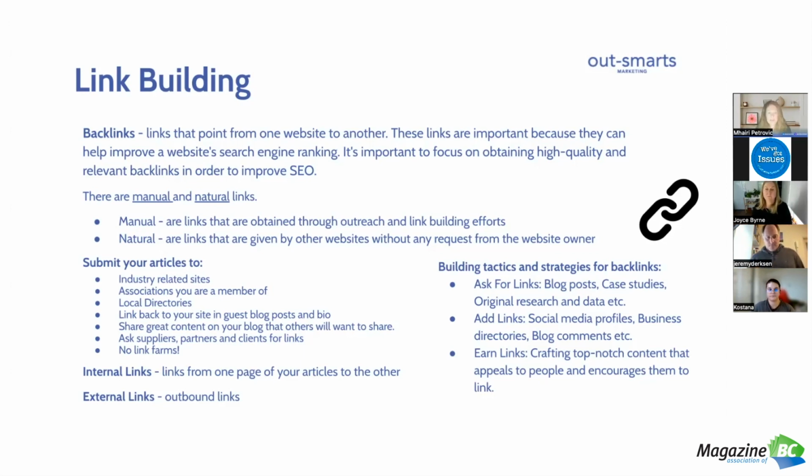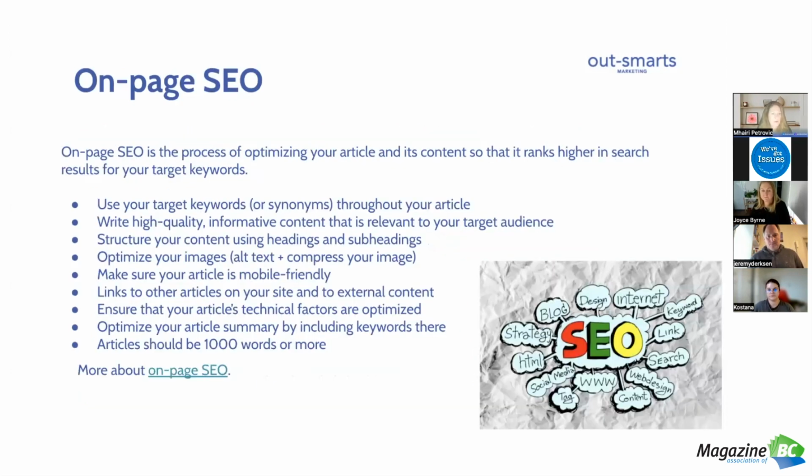So technical SEO and on-page SEO are important, but the one that we have the most control of is what we call on-page SEO. And this is the one that you've all been waiting for. It's probably one of the most important factors. And when it comes to on-page SEO, this is all about optimizing your articles so that they rank higher in the search terms. This means that you need to find the right keywords and use them in the right places.